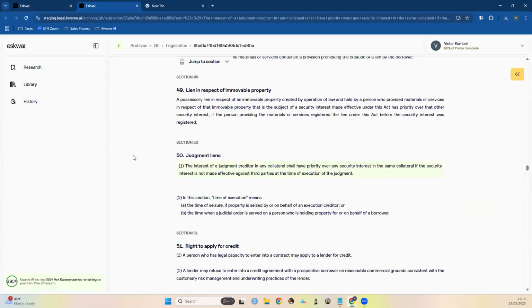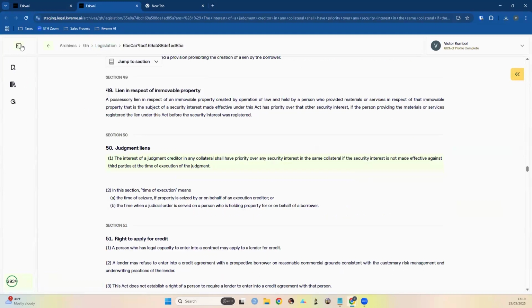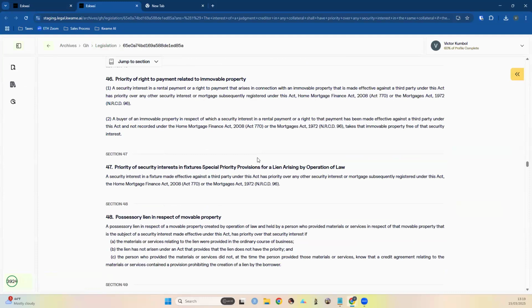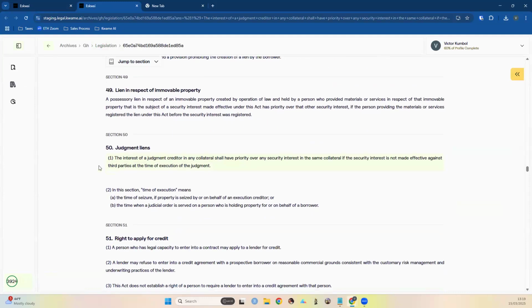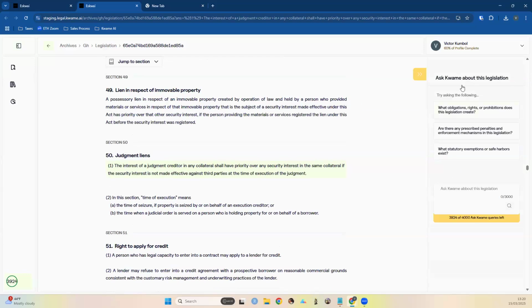And now this is where one of our new features is available. We built in a new feature which most users haven't been using, a sidebar menu icon. You can click it to toggle this side menu open and closed if you need more space. So I'm going to use that now so that we can have a clearer view of everything. So this is the Borrowers and Lenders Act. This is the portion of the Borrowers and Lenders Act that was used in providing that previous answer. Now, on the right side, we have this yellow icon, which you can click to open up the side menu.